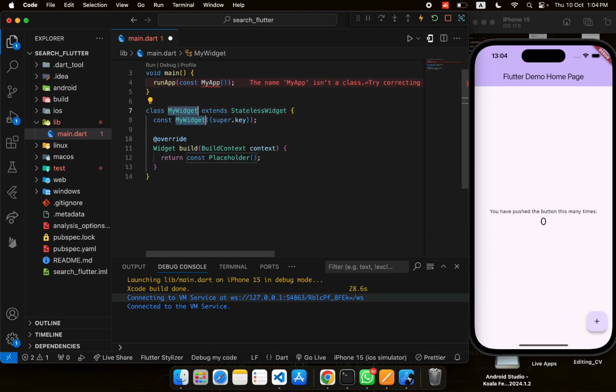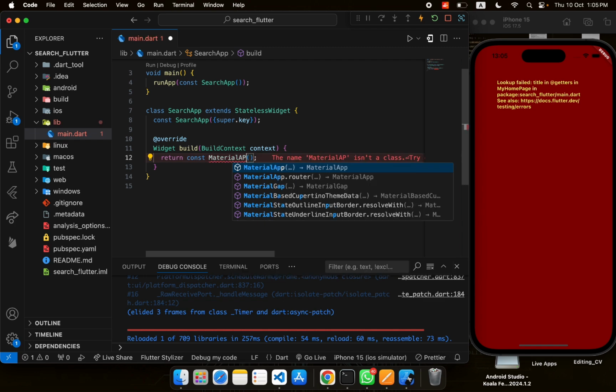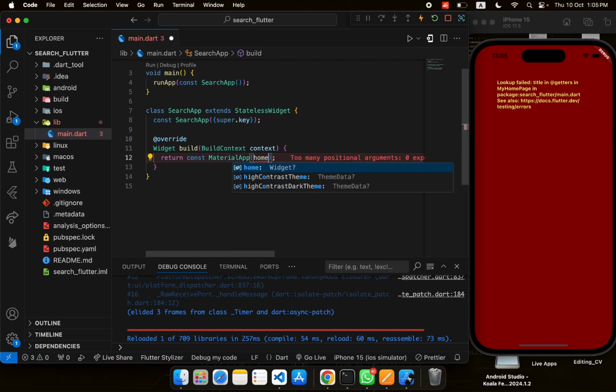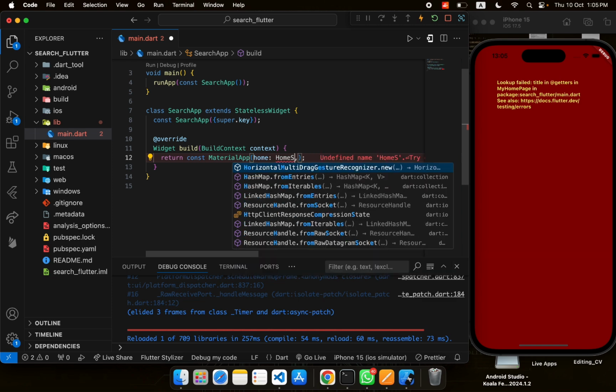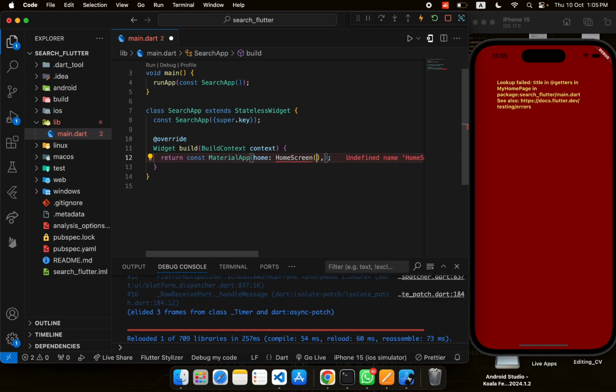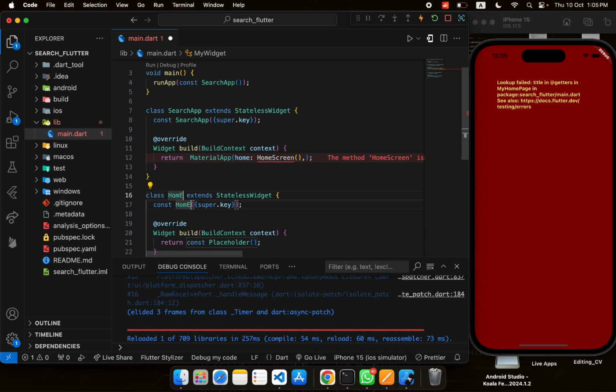Create a stateless widget with the name MyApp, or we can also call it SearchApp. You can name it whatever you want, but just create this basic search. It will return a MaterialApp, and here we will be providing this home. In home we need to provide, let's say, HomeScreen, and this is our home screen. Remove this const. We need to create this stateless widget with the name HomeScreen,